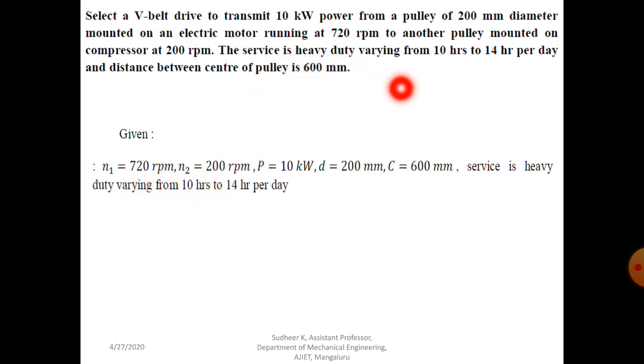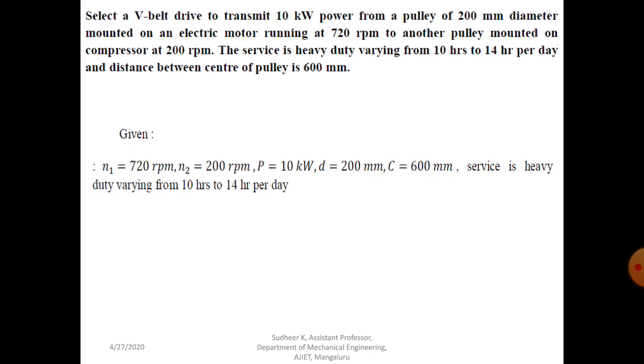The service is heavy duty, varying from 10 hours to 14 hours per day. Service condition is given along with the type of driving element, electric motor, and the compressor as the driven element. So center distance, one more important data, that is 600 millimeters. C value is 600 millimeters. So based on this,